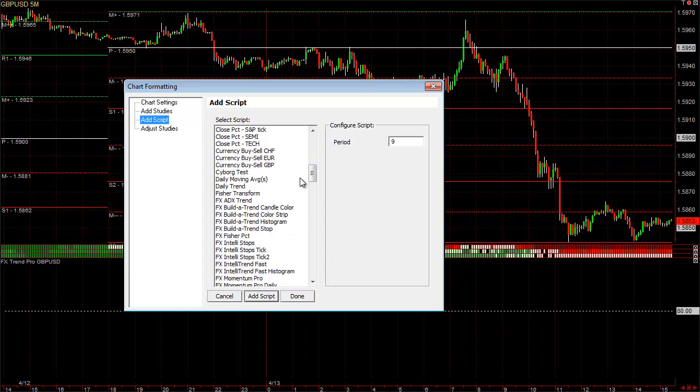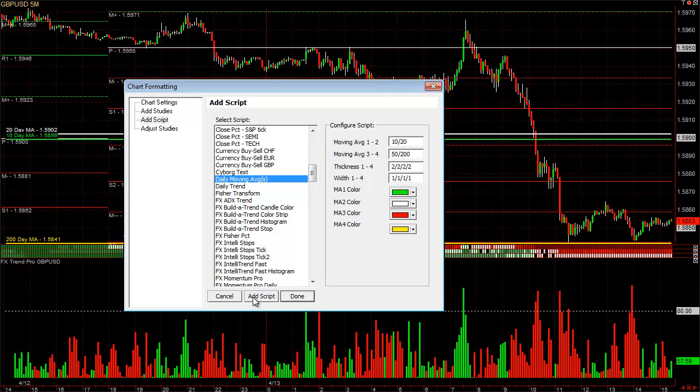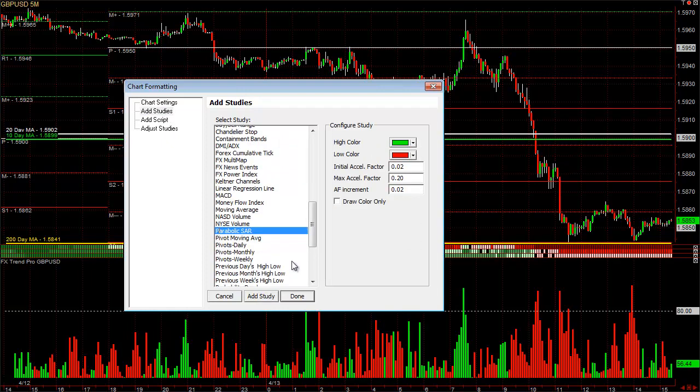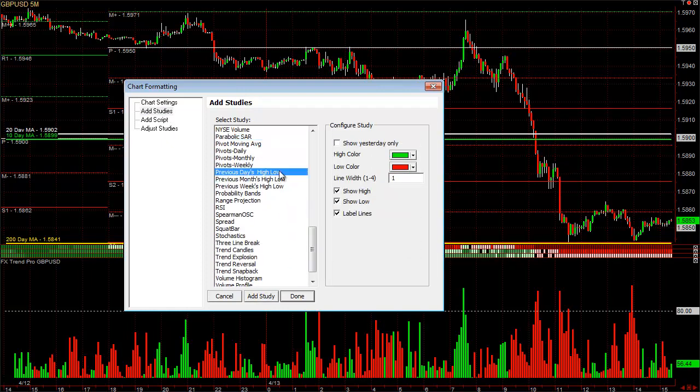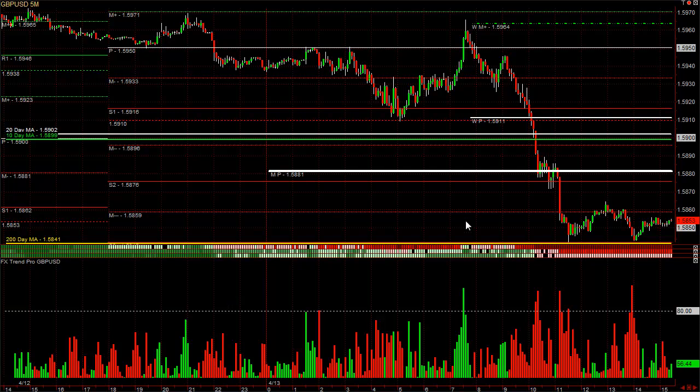I have a lot of scripts in here I use to test. And you also want to have the previous days, weeks, and months high and low. And it's always good to know where the monthly pivots are. I like to make them 60% width, and then the weekly pivots at 30% width, because these make very high probability profit targets, and if they line up with any other area on your chart, in other words, the monthly